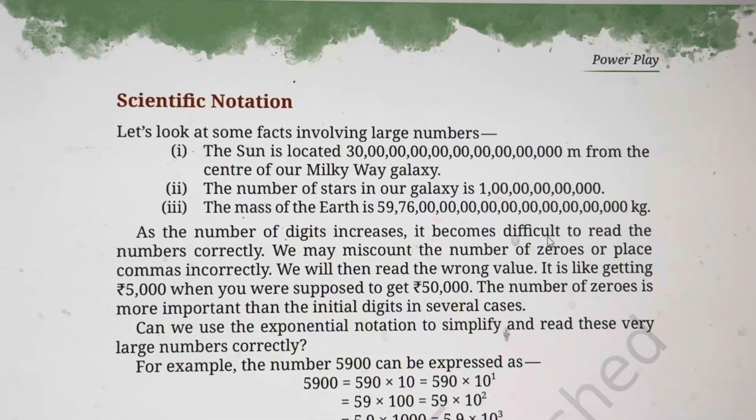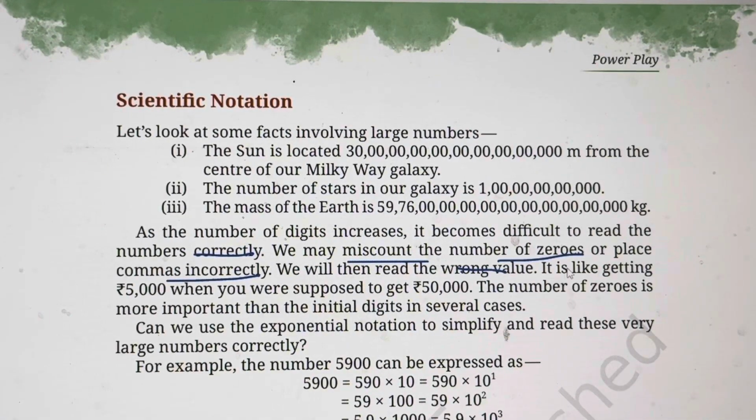Now, it is very difficult to read such large numbers. You may decide to count and read it properly, but it may take a lot of time and there are more chances of error. Also, it is very difficult to compare such large numbers, right? Time consuming, difficult. As the number of digits increases, it becomes difficult to read the numbers correctly. We may miscount the number of zeros or place commas incorrectly. We will then read the wrong value,